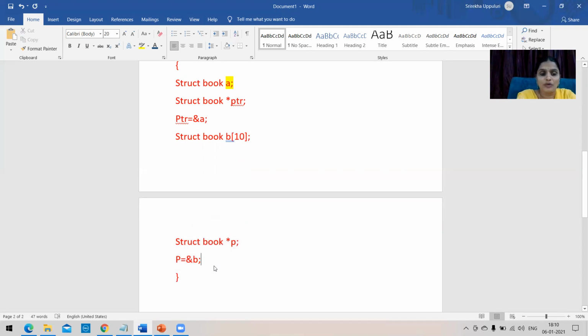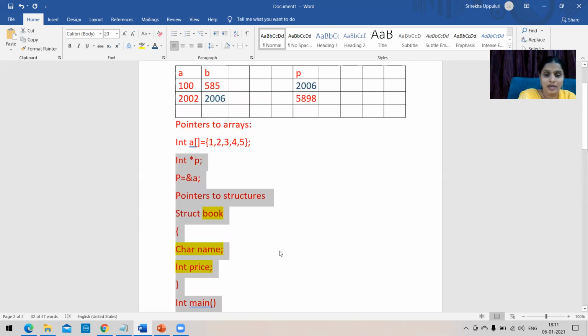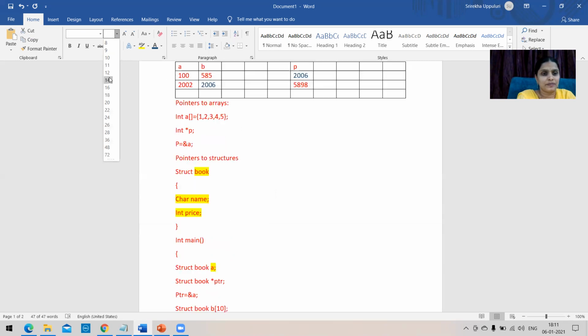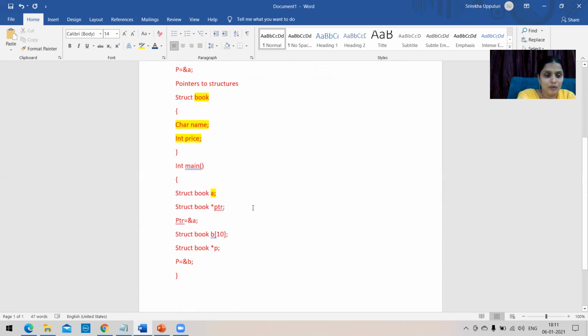Now the thing is, how will you access the pointers to the structures? You have to access these structure members. I'm just deleting. Okay, fine. Here we have declared a structure, and now we have to access these structure members, right? Pointer structure we have declared, and right now how to access these members of a structure using pointers. So I'll just give an